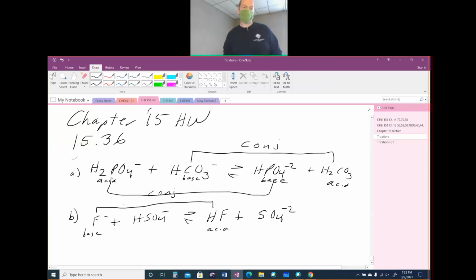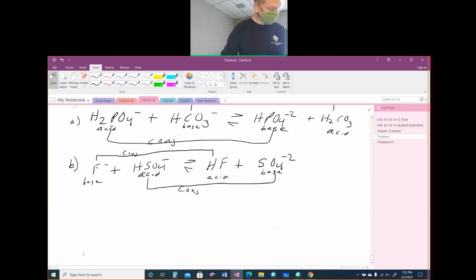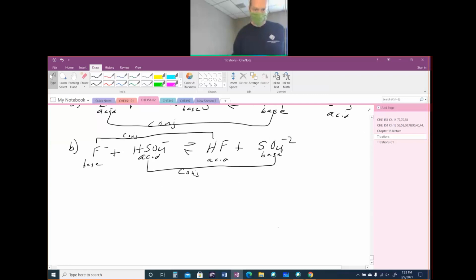They are conjugates. They differ by 1 H plus. And again, the one that has more H's than the other one, that is, of course, the acid. And these are conjugates because they differ by 1 H plus. And here is the base. Part C, HSO4 minus